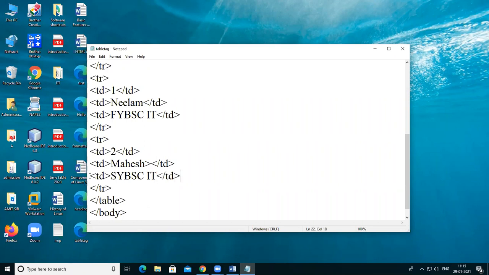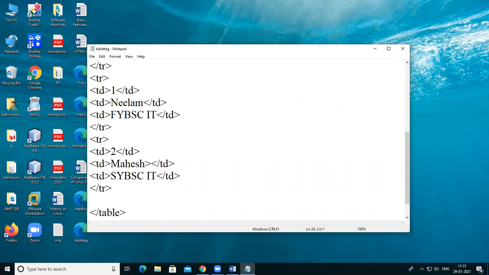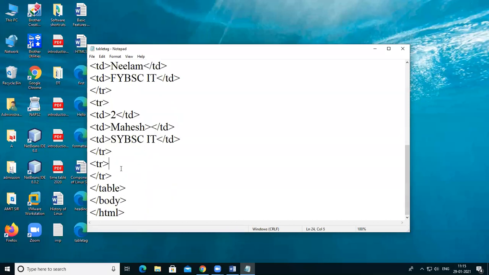Okay, so this is the second row I'm creating here by using this tag. Okay, then I want to insert again third row having third value. Okay, then insert the third row values.